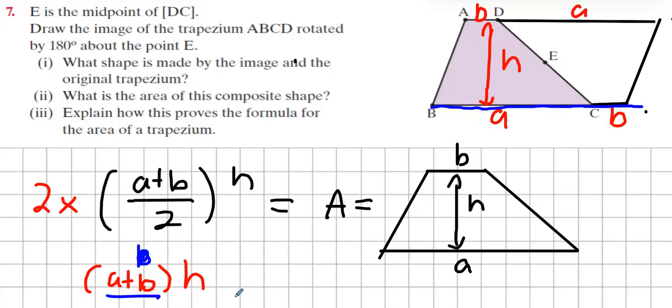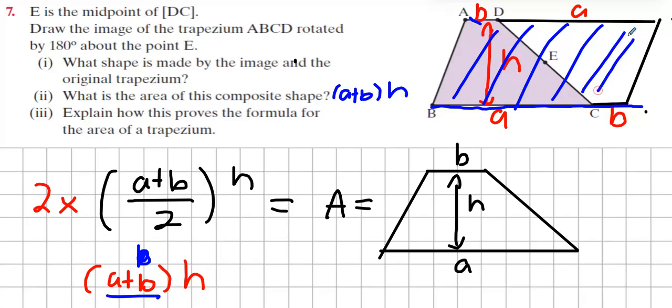And we see that a trapezium is half that, provided that the length is A plus B. That's it. So the area of the composite shape is a parallelogram, and a parallelogram is the length of the base times the perpendicular height. That's why the area of the parallelogram is A plus B times H. We know the trapezium is half of that because 2 trapeziums make the parallelogram. So half your answer, and you get A plus B over 2 times H, and therefore the formula for the